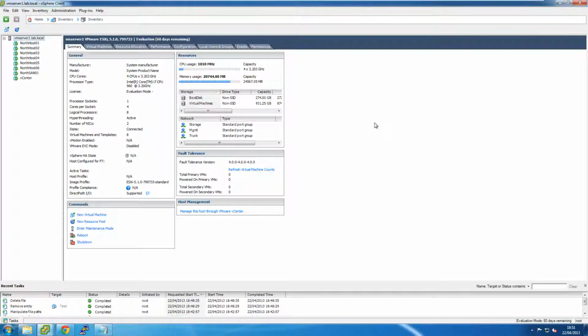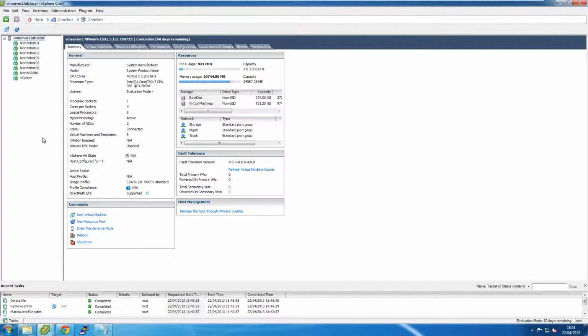In order to install and run virtual hosts on a physical computer running VMware ESXi 5.1, there are a number of different ways you can do this. You could, for instance, use the vSphere client like I'm doing here, or you could use the vSphere web client version 5.1. Now for this video I'm going to be covering how to do this on the vSphere client, but I'm only going to be covering using ESXi as the operating system on these virtual hosts, because you configure different